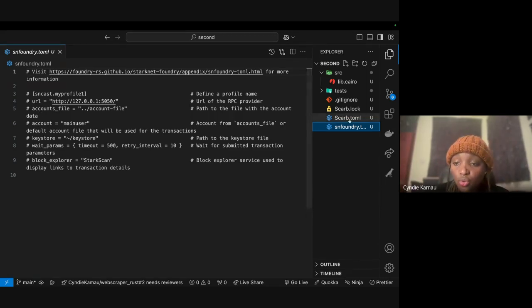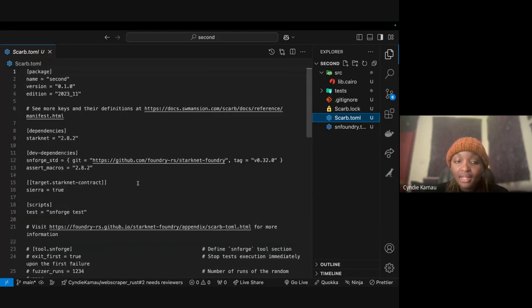Okay, so it comes with two configuration files, with which you're configuring what you're building, right? Which I forgot to say: when we come to configuration for a Starknet smart contract, you need to write this so that you give more details, you're giving the information that you're writing a Starknet smart contract.